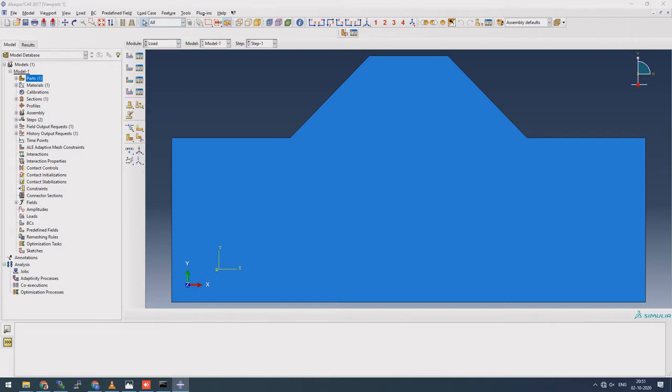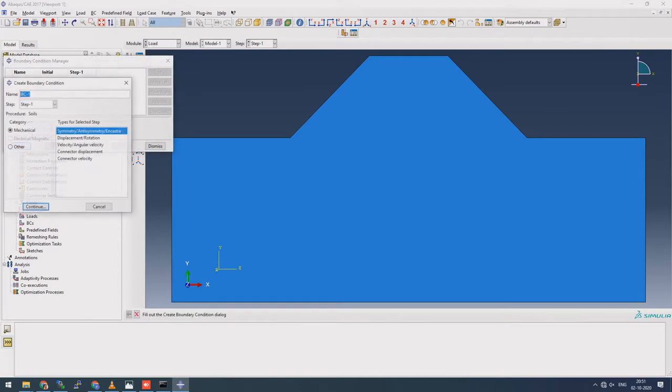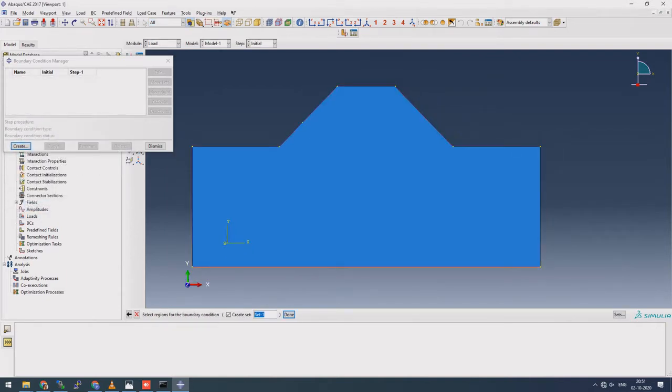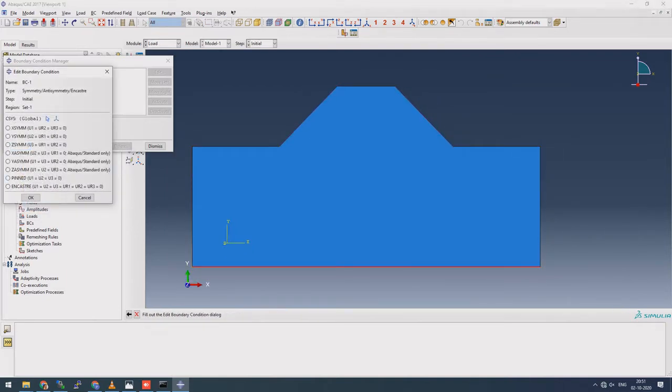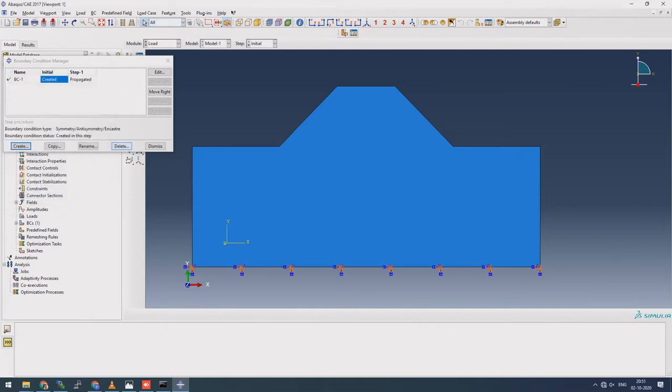In the load, what we'll do is we'll just fix the bottom of the dam, nothing else. Continue and select this, done. We'll apply an encastre condition. This is like fixing the bottom of the dam. People might also apply roller boundary conditions to the sides, because you know it goes to infinity.